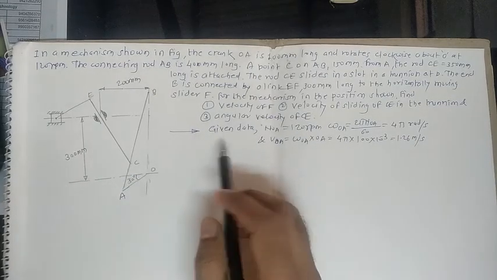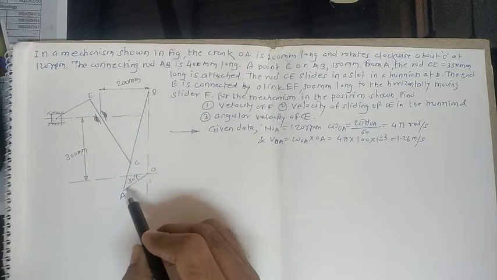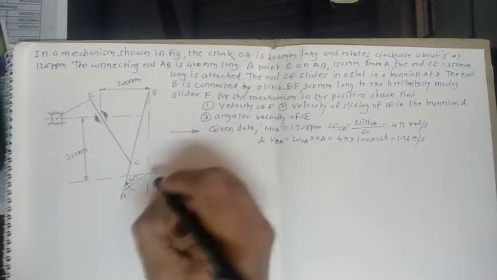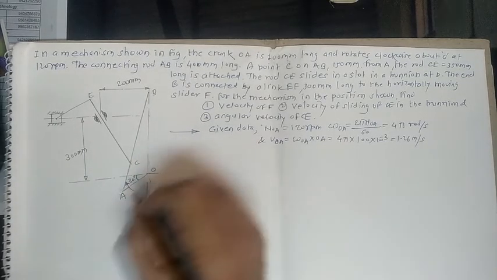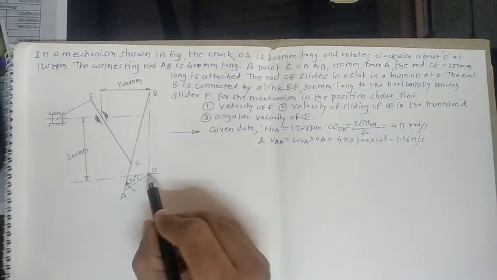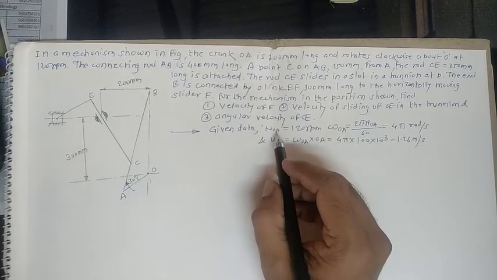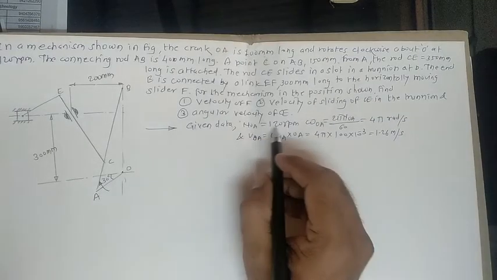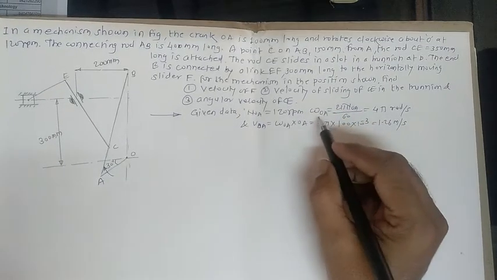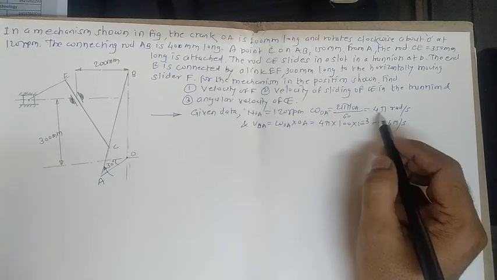For that, if you just consider it on this diagram, here OA, this indicates the crank rotates clockwise, means in this way that rotates. Now the length for this OA is given 100 mm and rotates clockwise about point O at 120 rpm. So first of all, just write here 120 rpm is given. So n OA is 120 rpm. So get the corresponding angular velocity by this relation, omega OA equals 2 pi n divided by 60. So from this we can get 4 pi radian per second.